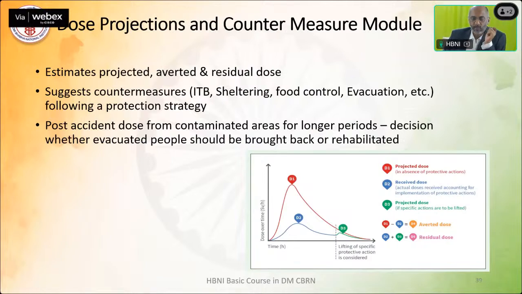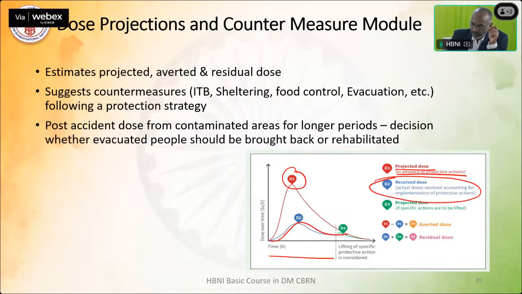And you have dose projection and countermeasure modules, which are necessary to actually estimate the likely consequence one would get. You can first estimate D1, that is the projected dose, in the absence of any protective actions. Without any protective actions, what is the likely dose, and then the time. Then you will also have to estimate, if you implement a protective action, how the doses are going to be